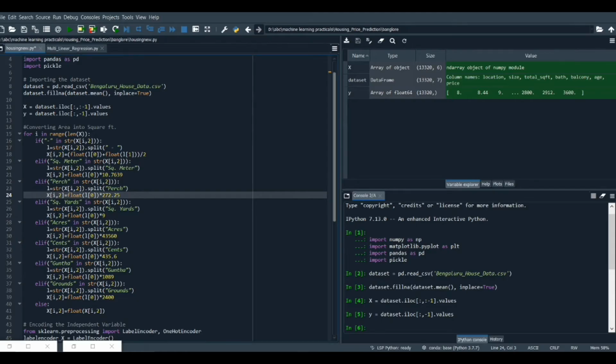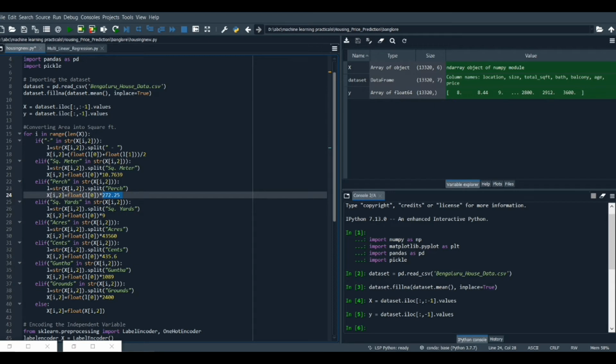So for perch, first we take the string format of that value and split it with perch, and then we convert this value into float and multiply it by 272.25. So it's going to convert the value into square foot, and then we store it at the specific position.